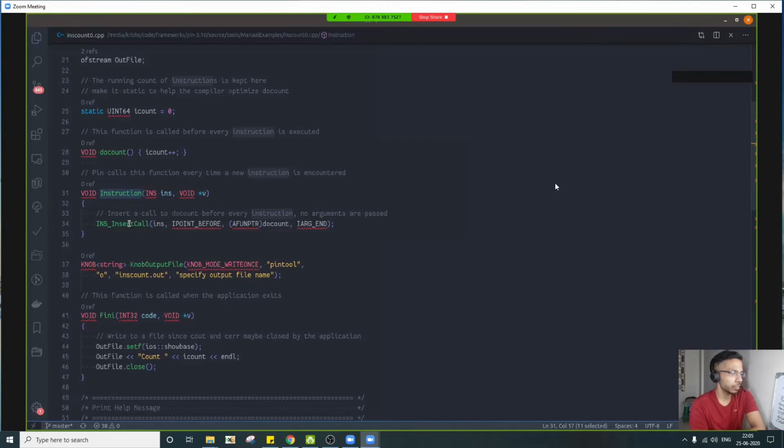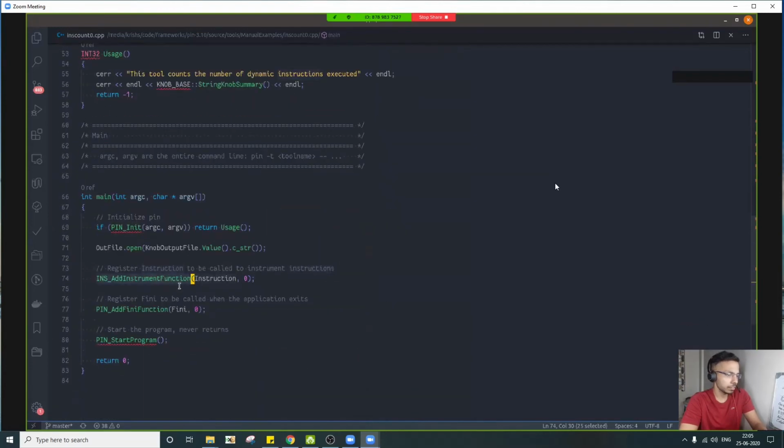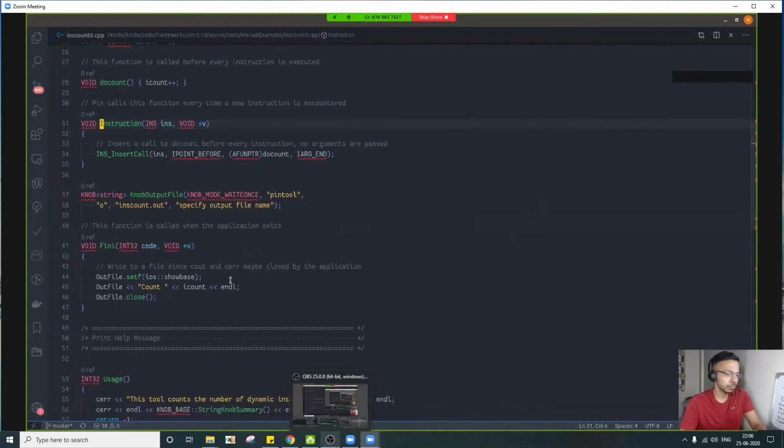So right now there are two different callbacks we have just added. From here we have told that I want to have an instrumentation function for instructions, with INS add instrumentation function. So pin will call this instruction function on every instruction that it is going to translate into the cache.